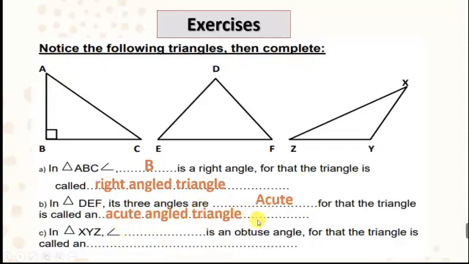Acute angled triangle. In triangle XYZ, the third triangle here, which angle is an obtuse angle? X or Y or Z? Y is an obtuse angle, and I have here the biggest one is an obtuse angle. So that triangle is called an obtuse angled triangle. Okay, let's move to another